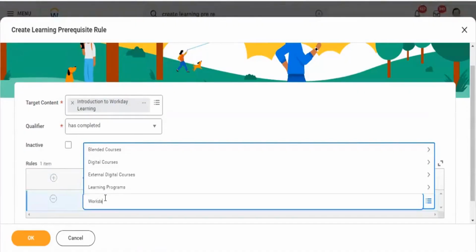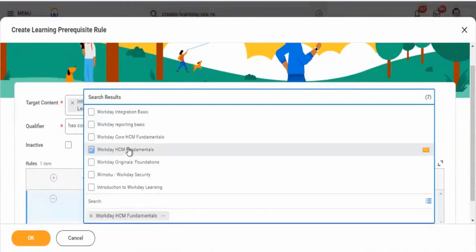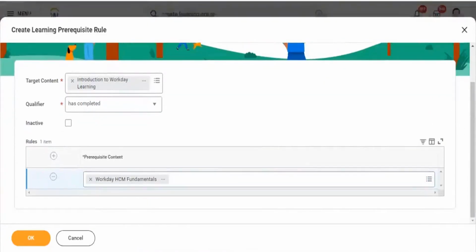What are the basics? The same fundamentals is something that will be given. Now we can add multiple target contents. You can add multiple, click on add.